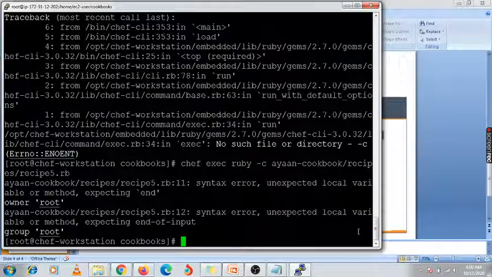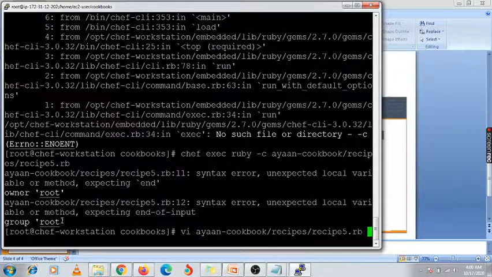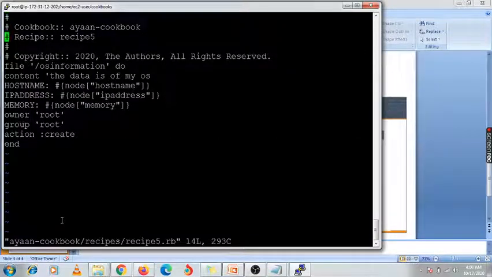There is some error that occurred. In the cookbook syntax, it is an unexpected local variable with this owner root, expecting and group, so that is the group name. Root. Okay, I have to check it again.